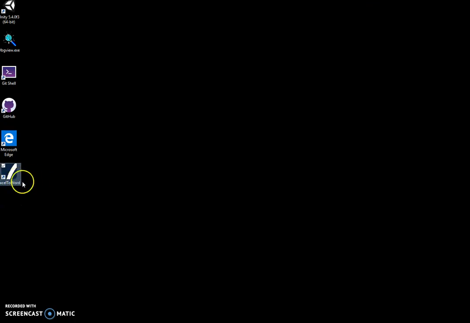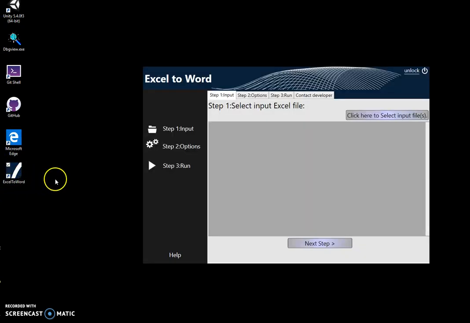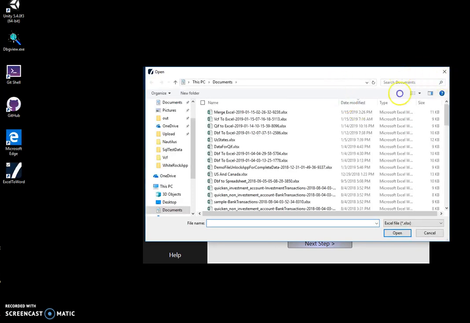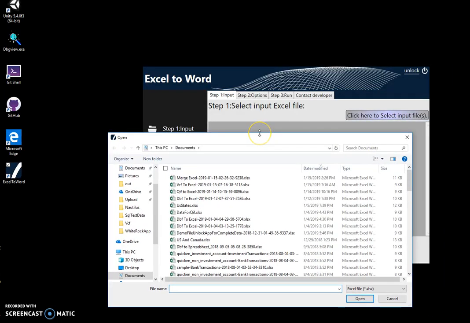Now you can see it creates a new shortcut on my computer. Now if I double click on it and click on select input file, basically the conversion is a 3 step process. On the first step I select all Excel files, so when I click select input files